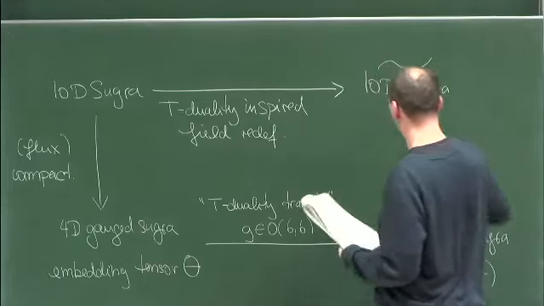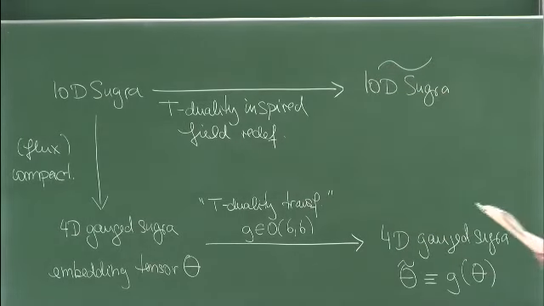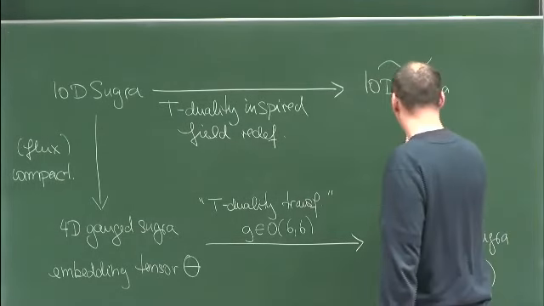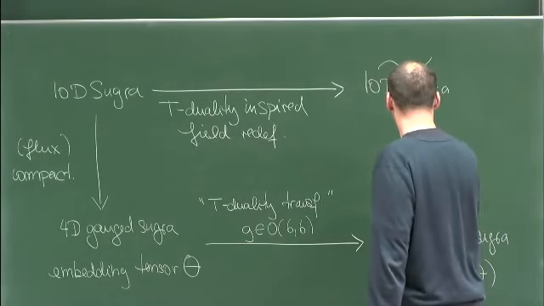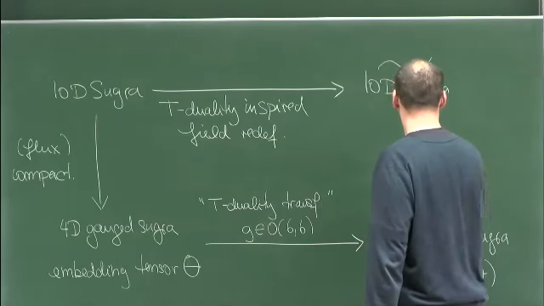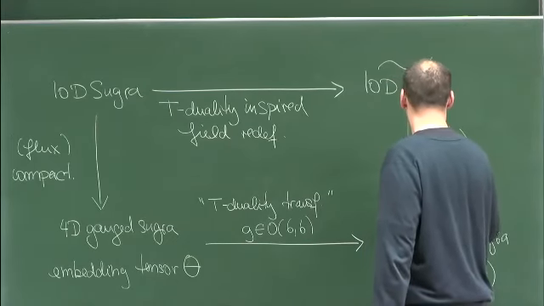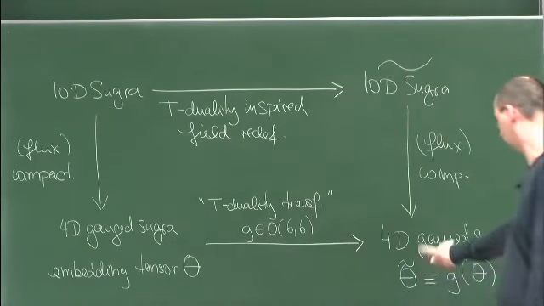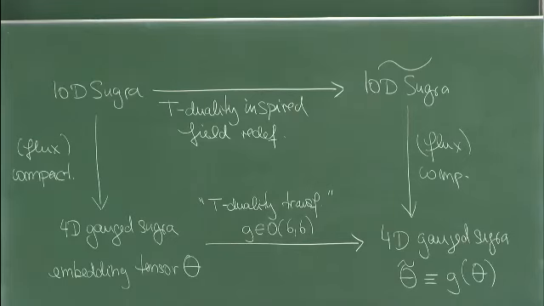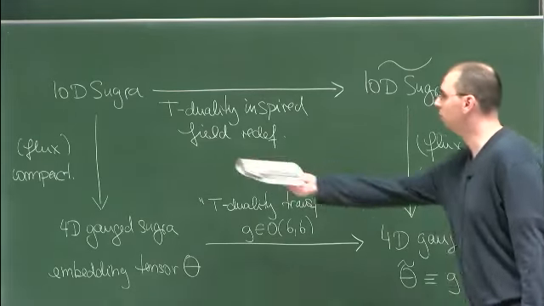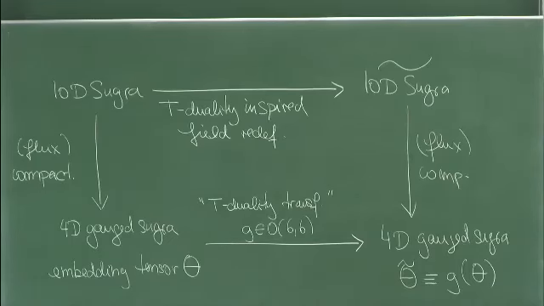Let's call it tilde. And then the idea is that if you start from this one and do a conventional flux compactification, you get this new T-duality transformed gauge supergravity. Now this step here, this field redefinition, was extremely involved in their case,